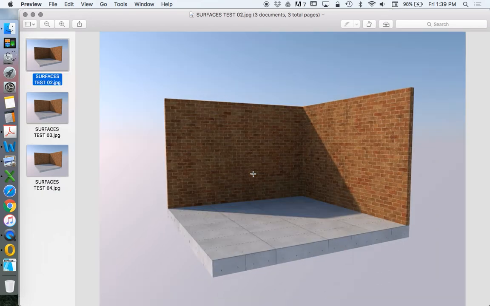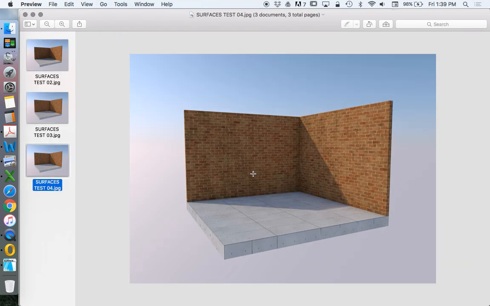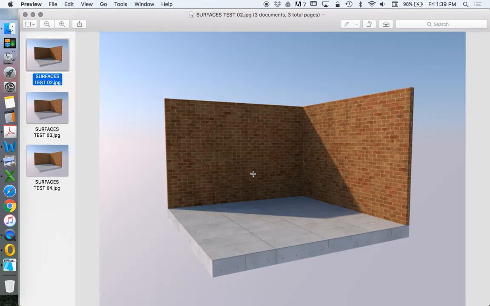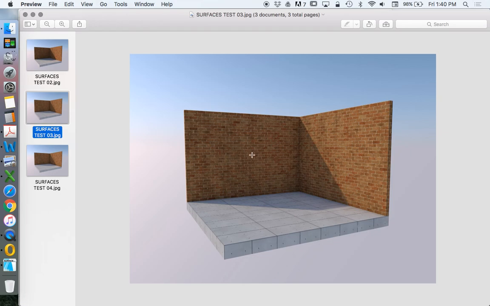I moved out, unfortunately, that wasn't very good. But we can see that there's maybe a slight difference in the shadow. It looks like surface 2, test 2, which was the first, is the darkest shadow. This is considerably lighter, and then if we look between these two, there's not that much difference, but we see